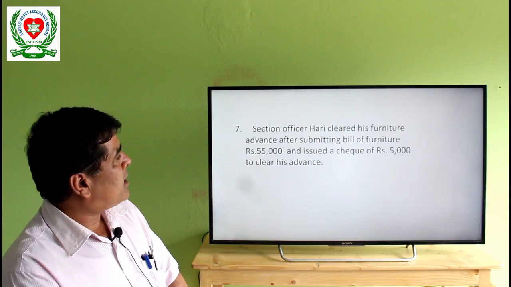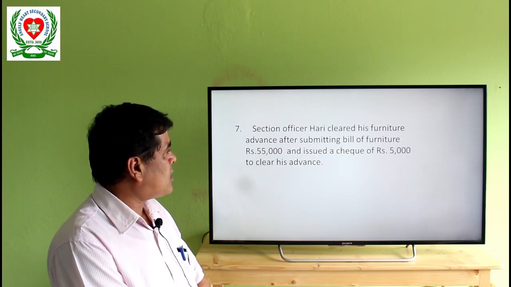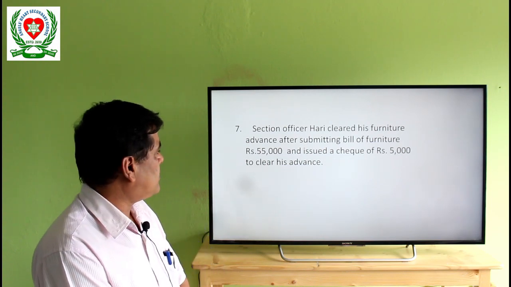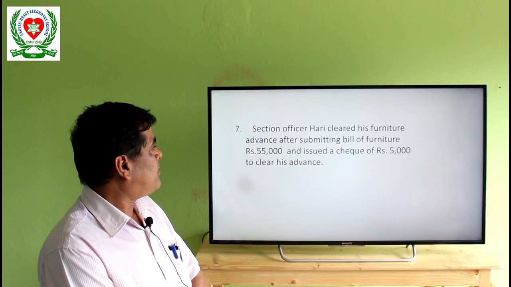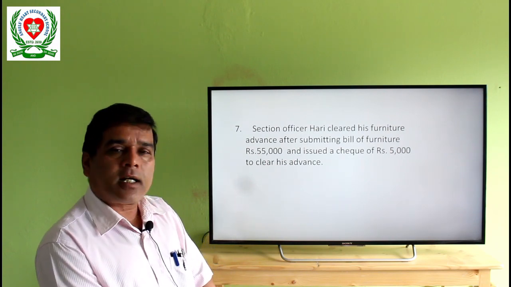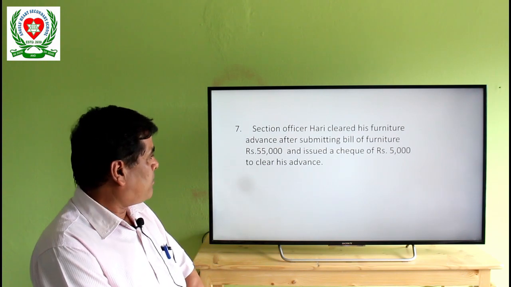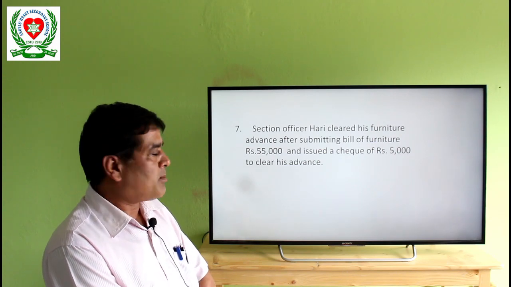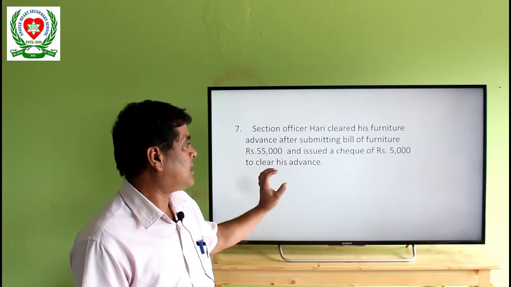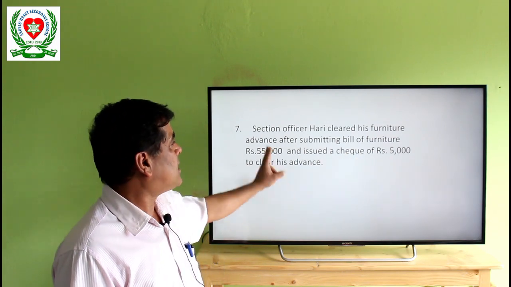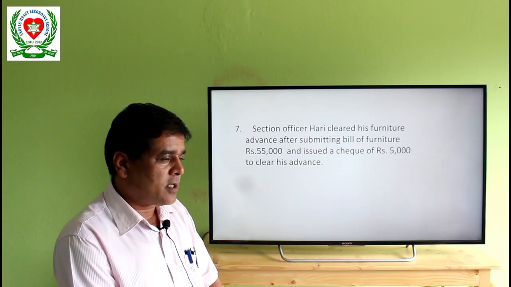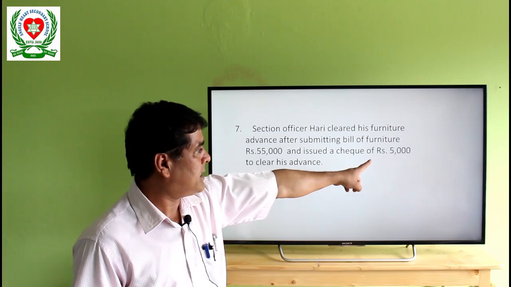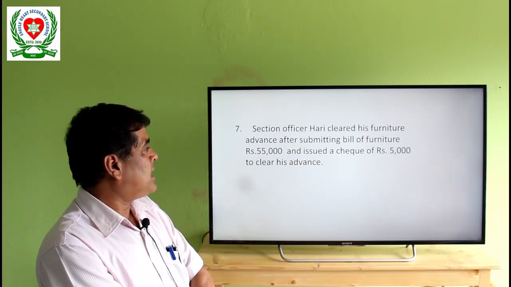Similarly, section officer Hari cleared his furniture advance after submitting a bill of furniture of rupees 55,000 and issued a check of rupees 5,000 to clear his advance. Section officer had taken an advance of rupees 50,000 only for purchasing furniture, but he purchased furniture of rupees 55,000. He added his money himself from his pocket, and this extra expenditure of Hari's should be cleared by the office, or the office should fulfill this amount, and the office issued a check to fulfill this amount, and the journal is